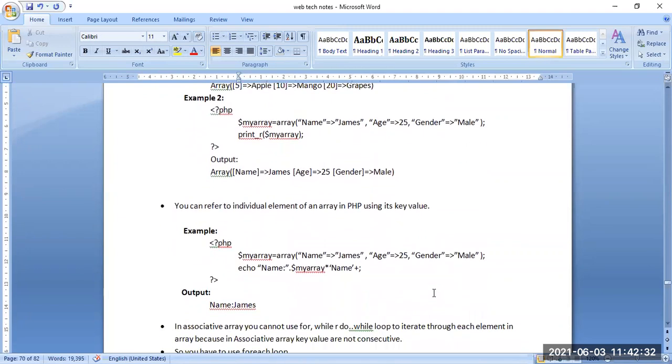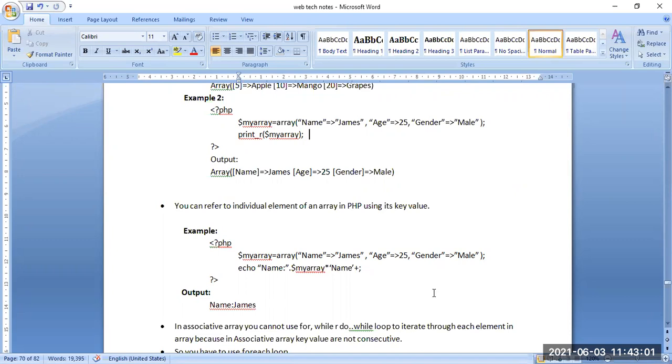We can also refer to individual elements by using this key value. So how do we do that? In the example given, the array has name James, age 25, gender male. Now we need to access it. So with my array, we use the key name.